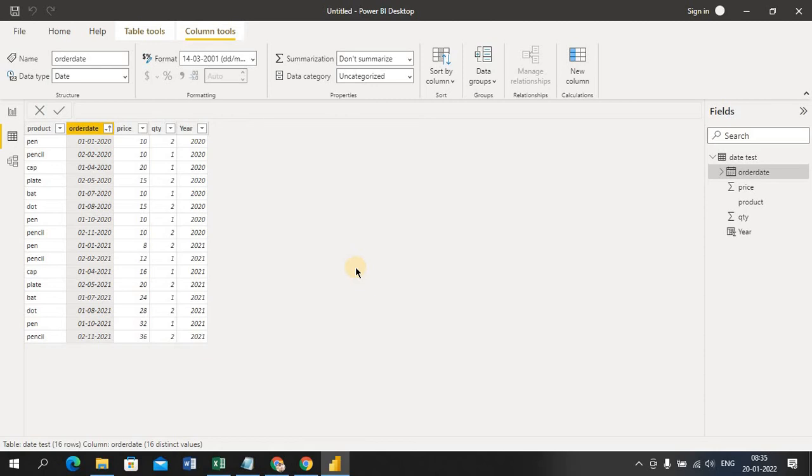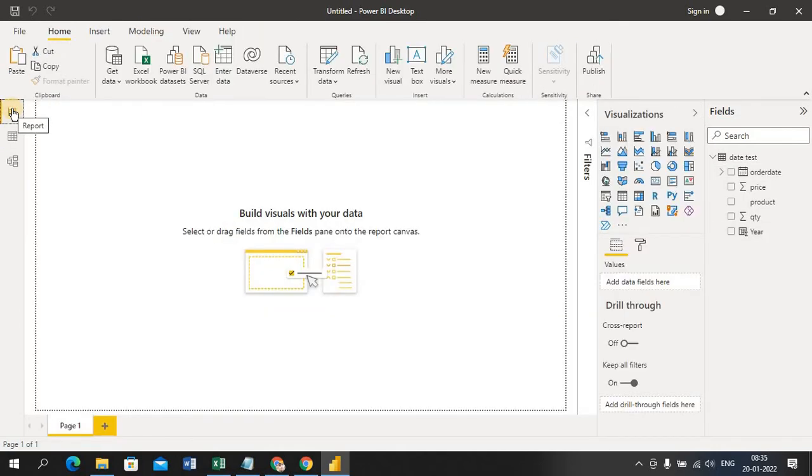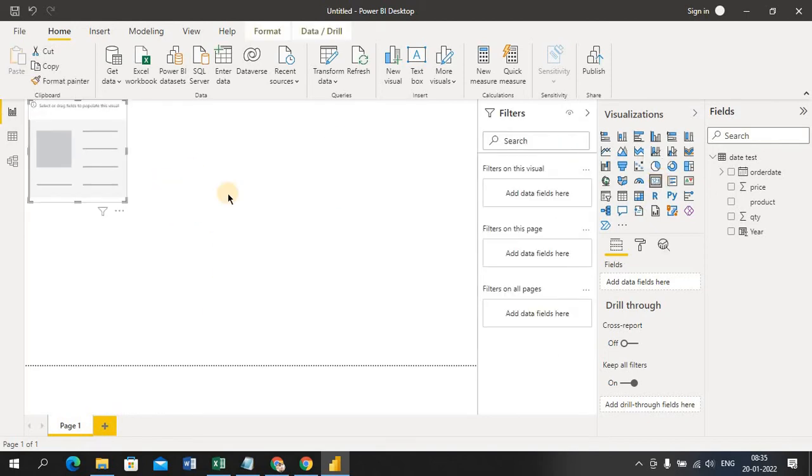So when I do YTD, it means from the start of that year till date, and that information is nothing but YTD, year to date. I'm going to use that and show you how it works. Go to Report view. Now I'm selecting a card here. You can see here